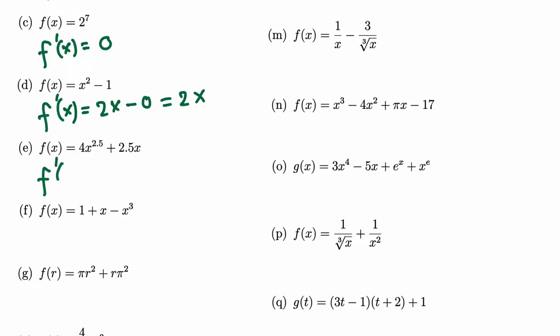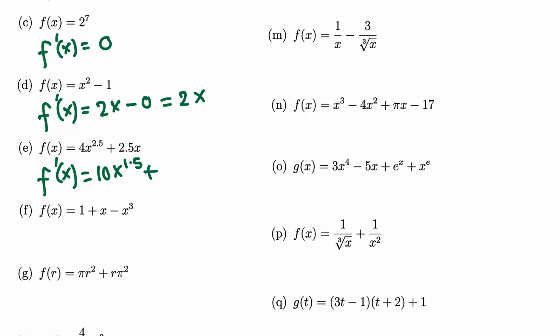Okay, and part E, we got 4x raised to 2.5 plus 2.5x. Then its derivative is, this 4 survives, x raised to 2.5. We need to use the power rule. So 2.5 comes to the ground level. 2.5 times 4, which is 10. x raised to 2.5 minus 1. We need to decrease by 1, which is 1.5. Plus